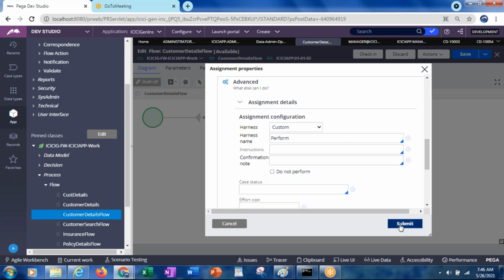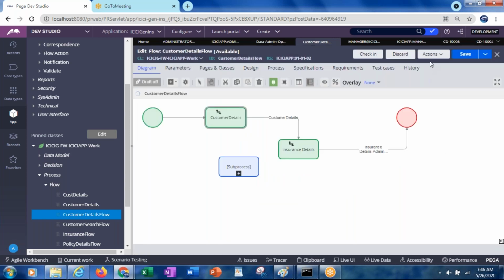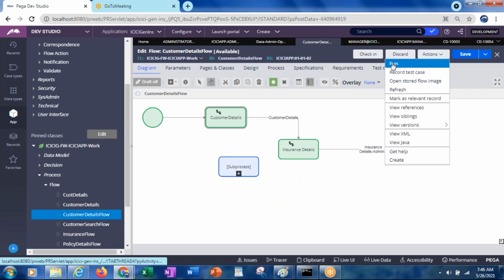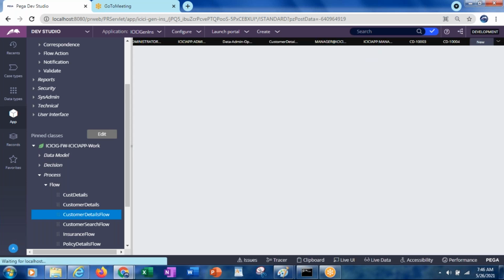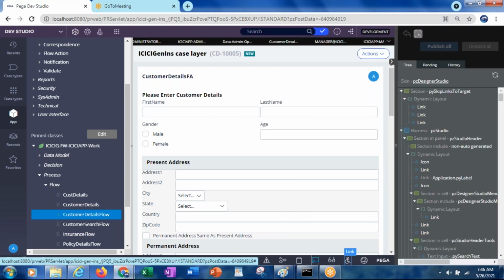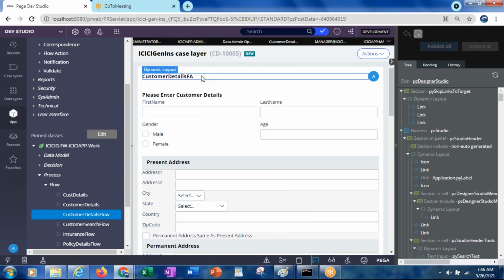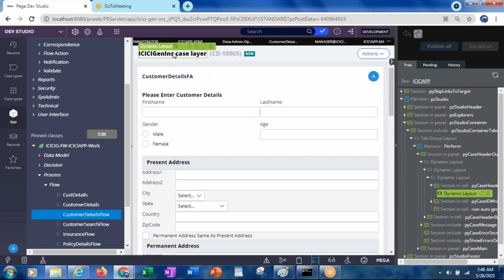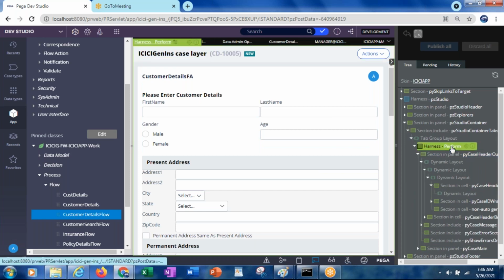Let's see, submit. See there. Okay, so now you got it, and even if you go to the live UI, this will be referred to that perform harness.